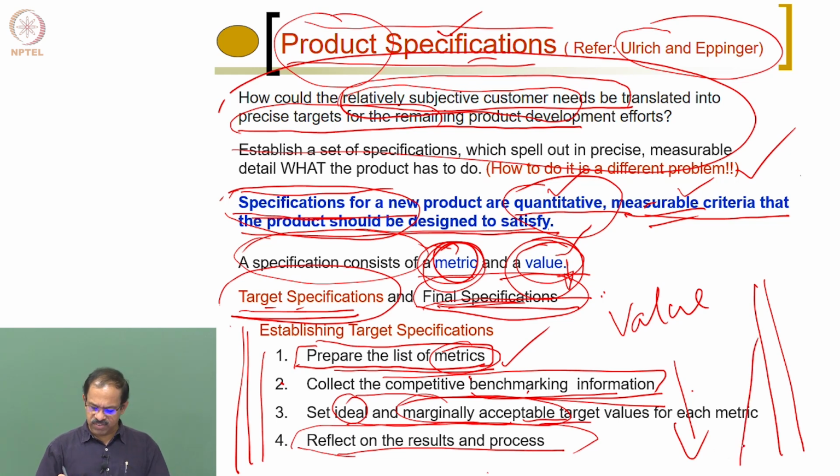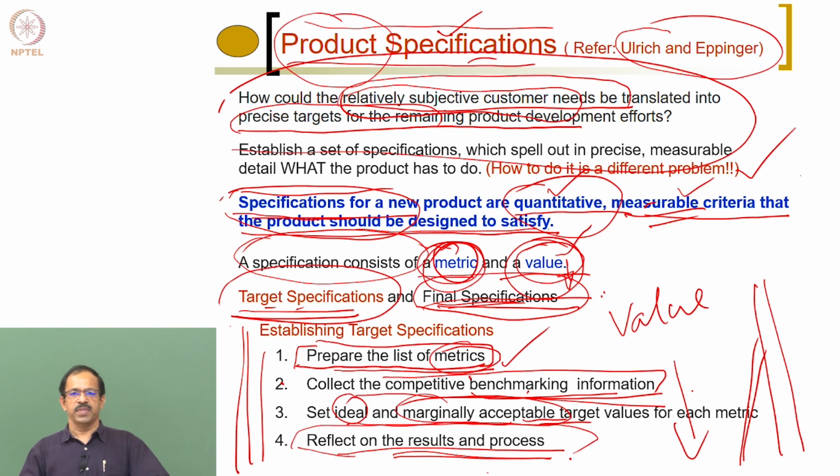And then analyze these results and then see which one is going against each other. There will be a requirement that it should be low cost, and there will be a requirement that it should be durable also. So there are two requirements. One is it should be low cost, the other one is it should be durable. These are actually not going together. When you make it more durable, the cost can go up because of the material you use, the production method you use. So how do we actually overcome those issues is basically reflecting on the results. So first we look at the preparation of metrics and how do we actually start the metric conversion.